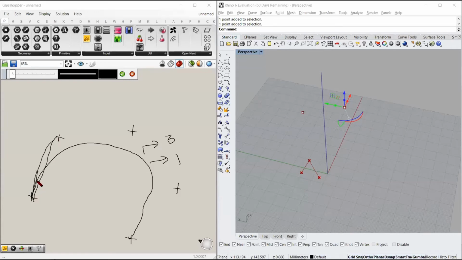It will create a straight line from this point to this point, from this point to this point, and from this point to this point. So it will make basically a polyline, which is not what we want while making a curve. So always set the degree to 3.